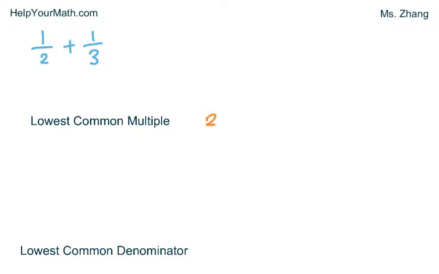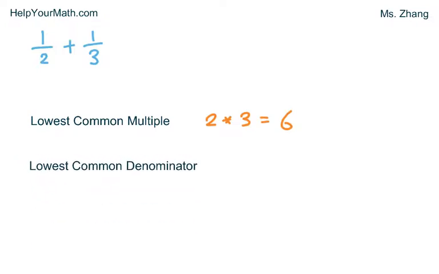So we have 2 and we have 3. And since these two are prime numbers, you just need to multiply them to get 6. So the lowest common denominator of 1/2 and 1/3 is